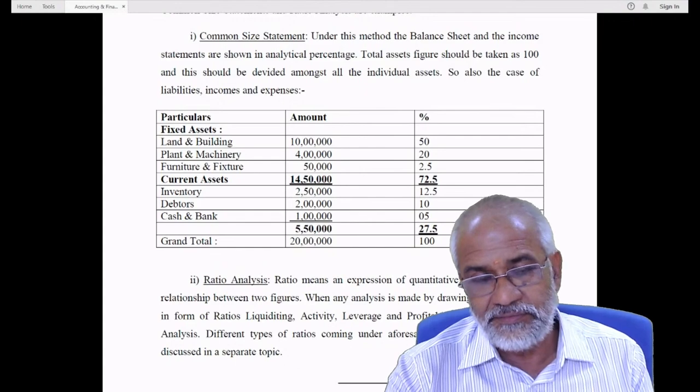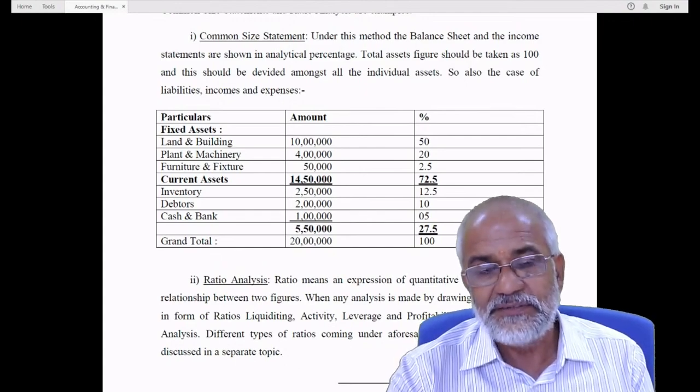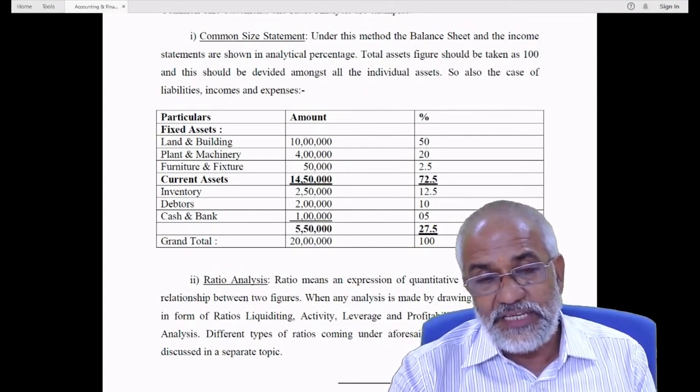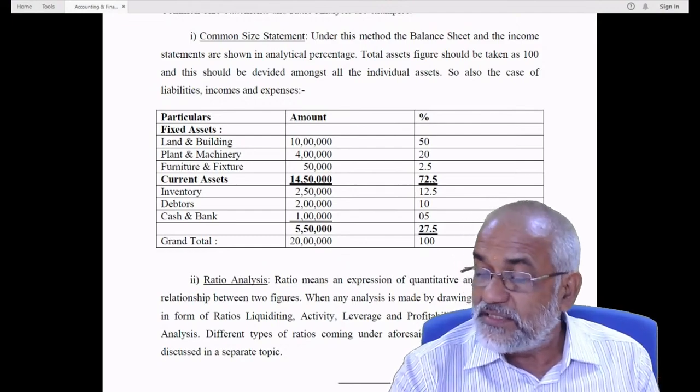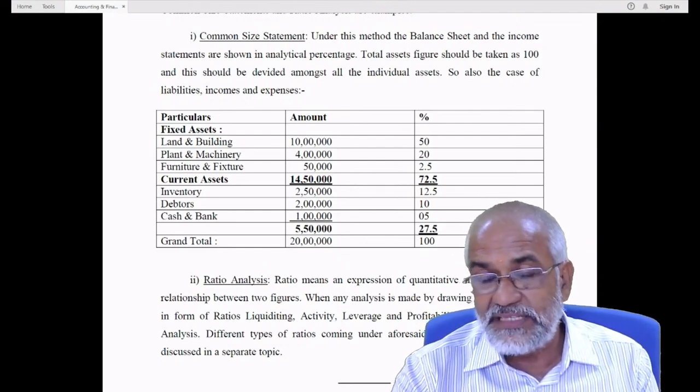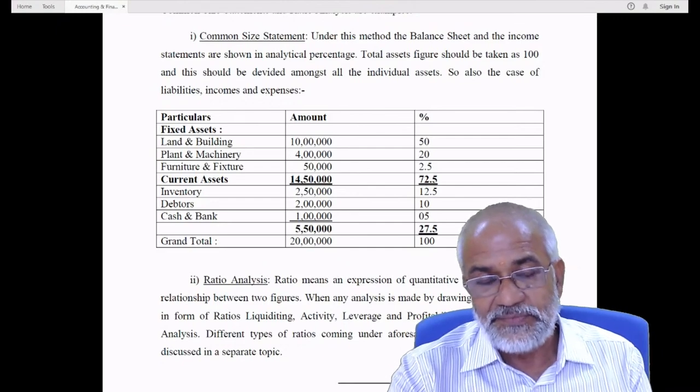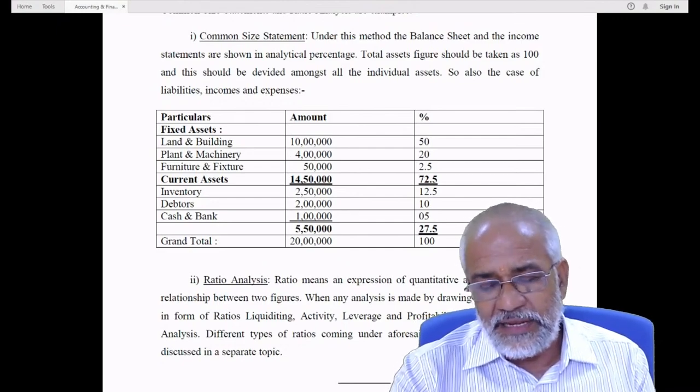the modern classification. The first category is liquidity, the second one is activity, the third one is leverage, and the fourth one is profitability. Under the liquidity category of